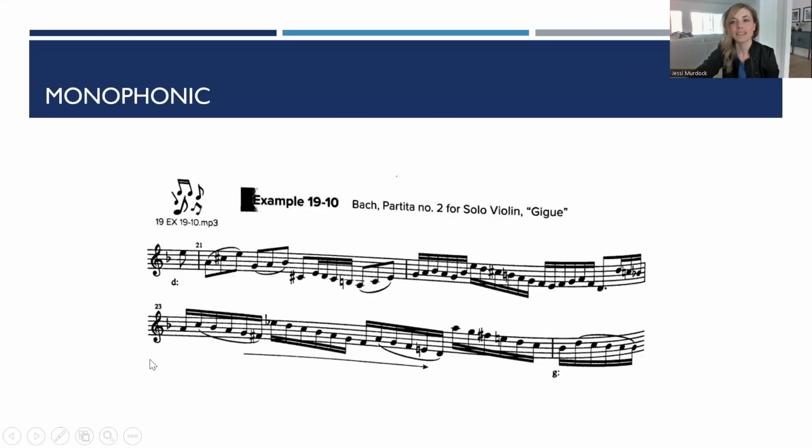Okay, this is a monophonic modulation, okay? Monophony just means one voice, right? So we're using just one line of music to modulate, okay? Which is what you would see in sight singing, right? In your sight singing book, that's what it's going to do, is it's just going to modulate using that one